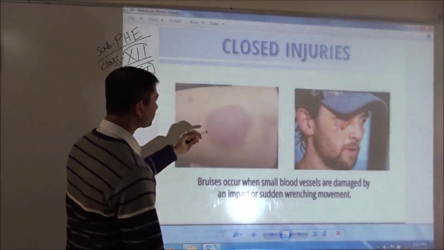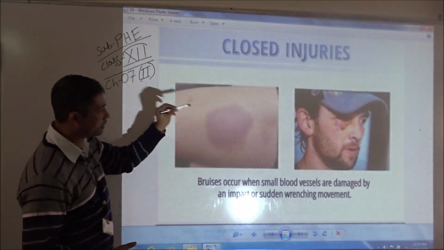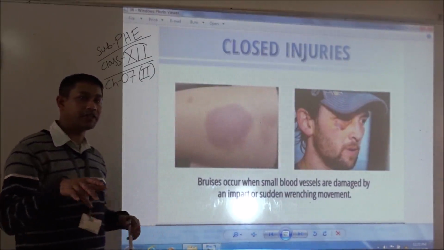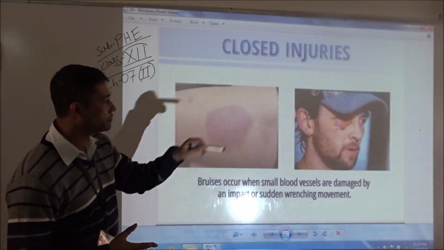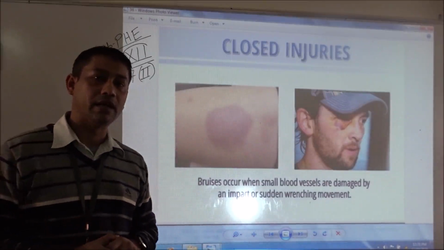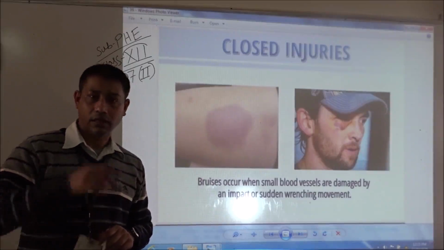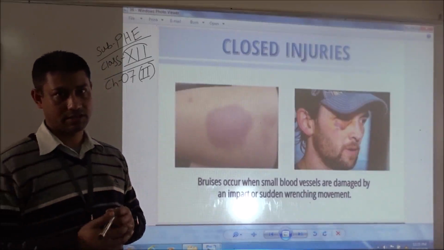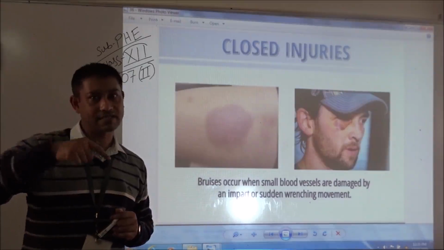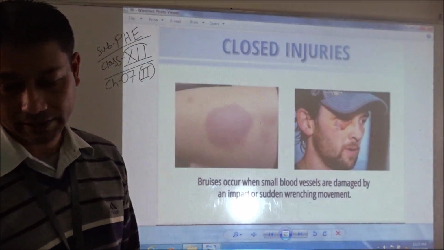Next you see, this is contusion. The change of color occurs, but bleeding is not there. Same, just below the eyes, you see swelling. He might have got hurt, got hit with a hard object. That is why swelling occurs, blood clots inside, but on the topmost layer of the skin there is no bleeding.